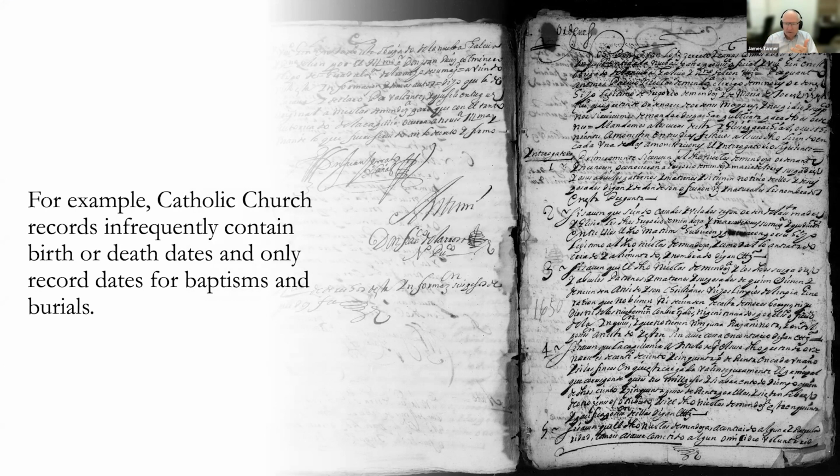And there are a couple of others: confirmations, dispensation records, other kinds of Catholic Church records out there. But the ones that are generally available today online and are used most frequently are those parish registers and diocese registers, which do not usually have birth records and do not usually have death dates at all.